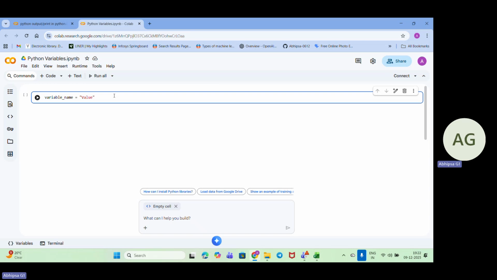So what does equal to mean? Equal to means putting the value inside the box. The box is the variable name, and inside this we are keeping this value.